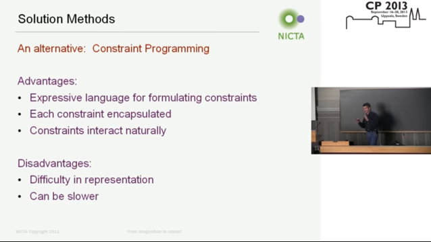So CP is, well, we're at the CP conference, so you knew that I was going to say that, right? CP is a potential answer if you need a system that can respond to new constraints easily. So the nice thing about CP, I've got a nice expressive language for representing my constraints. Each constraint is encapsulated. This is really nice. I can go away and write a constraint. If I get a new constraint that says,